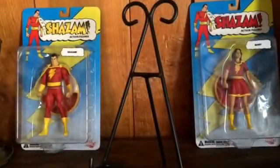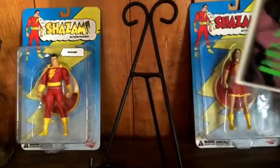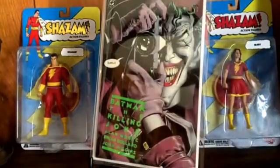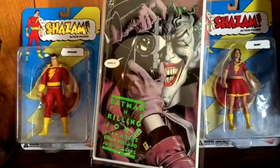So the next one is Batman: The Killing Joke. Like I said, I haven't really got to read it. It came out in 1988, first printing with the green stuff. I think there are like 5 or 6 printings of this, and